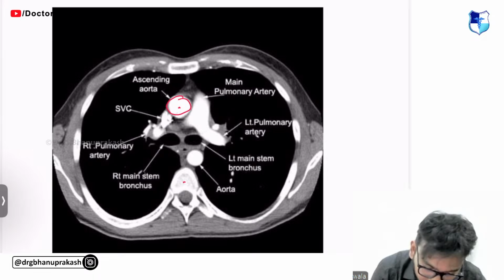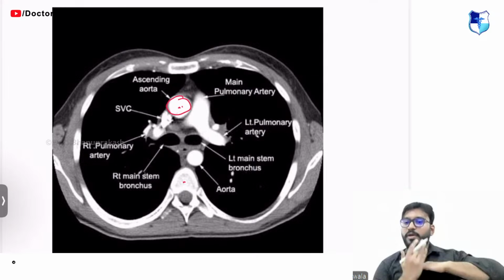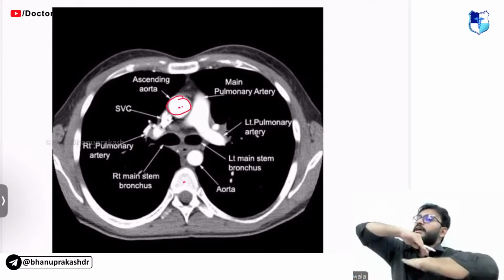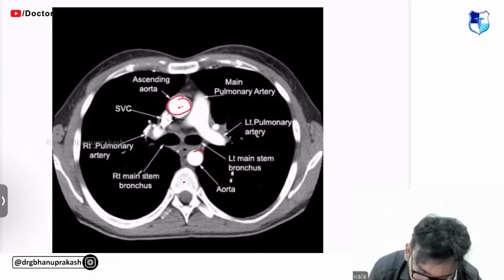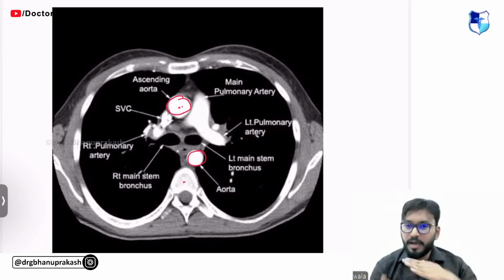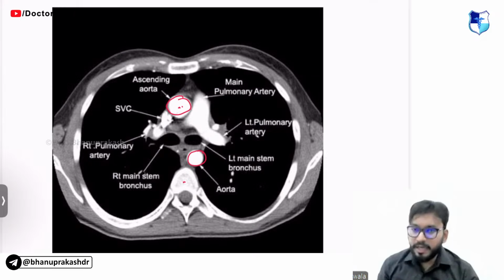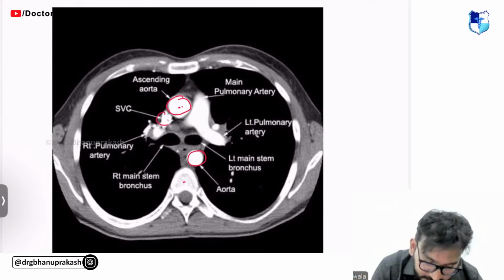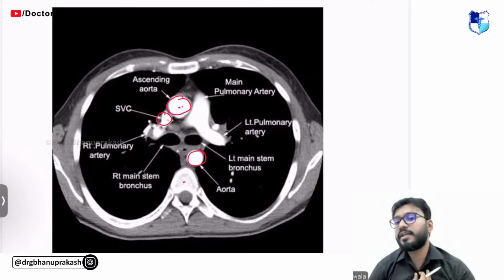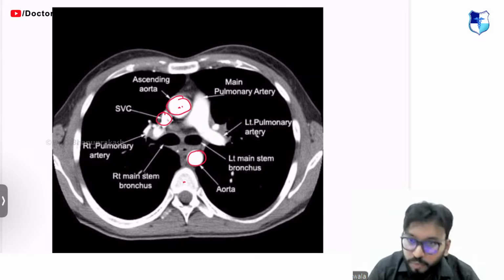Look at this, guys. Ascending aorta. It is going from here. It will turn down posteriorly and then go down. So I'll also see a descending aorta. Simple. Ascending aorta comes from the front, goes behind and goes into your abdomen. Descending aorta can also be seen. What is the vein? Yes, guys, I told you, a big vein that drains into the right atrium coming from above. This is your superior vena cava.